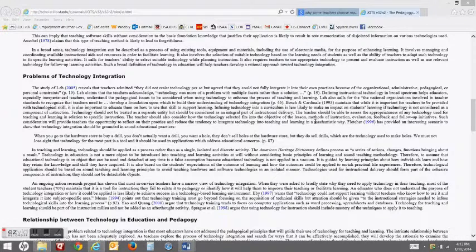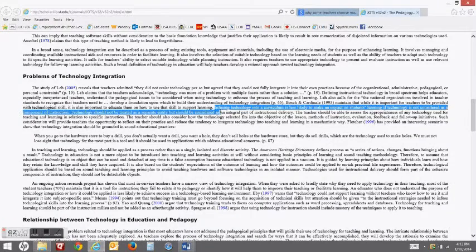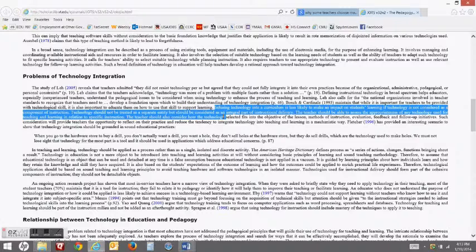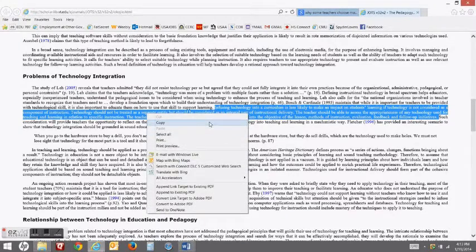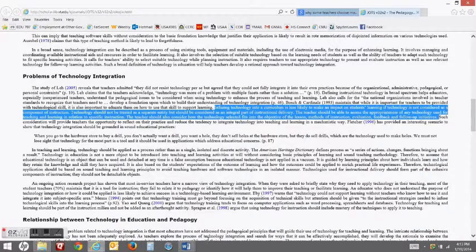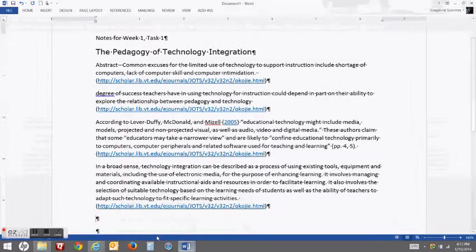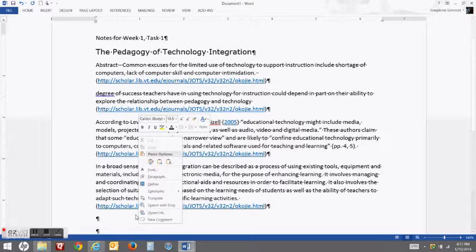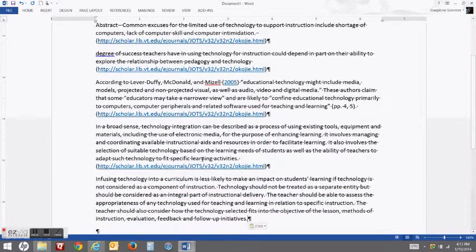The teacher should also consider how technology fits into the objective of the lesson, methods of instruction, evaluation. Okay, I think that portion is also good to know, because some teachers are more inclined or more familiar with technology than others. So I'll go ahead and post that in my notes.